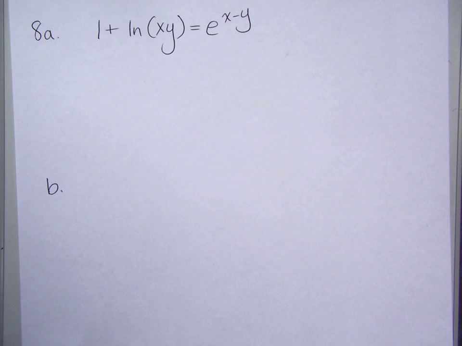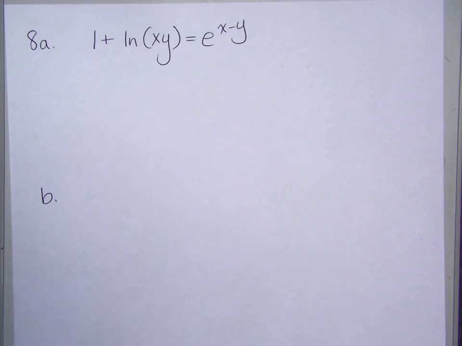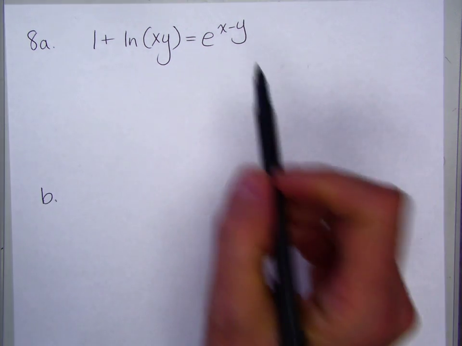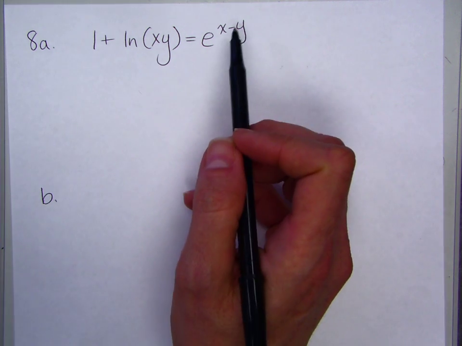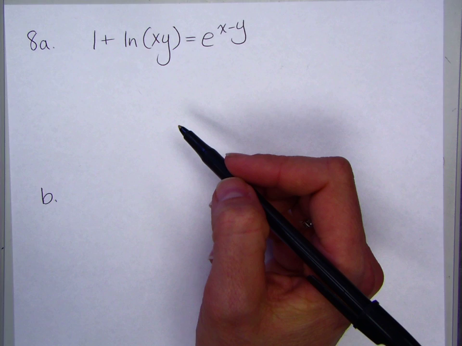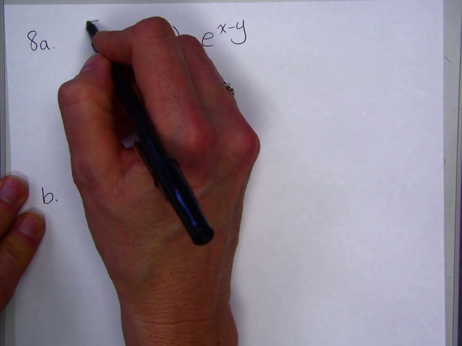Again, I just wrote it on here just to give myself a little more room. Feel free to use other paper for your practice test also. But the directions say find the derivative of the function, and then for B, we're going to find an equation of a tangent line at the point (1, 1). Okay? Again, what makes this harder is we have to differentiate implicitly. The x's and y's are mixed up. Not only that, but we've got new rules in here, our natural log derivative rule, our e to the power derivative rule. Okay? So let's go ahead and find this derivative